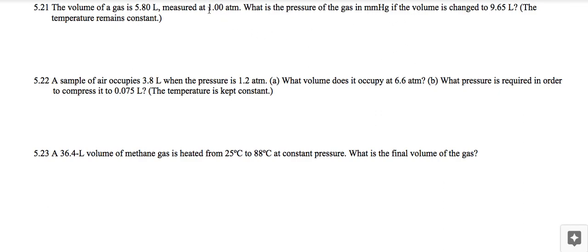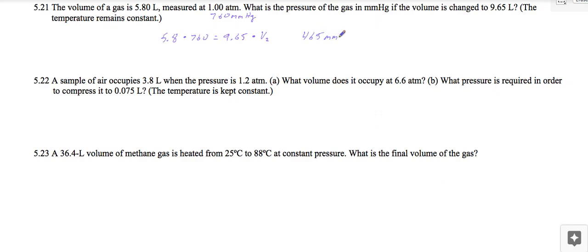So I'm going to go ahead and convert that one into millimeters of mercury, because that's what my answer needs. So we have 1 atmosphere is equal to 760 millimeters of mercury. Plug things in. And we end up with a value of